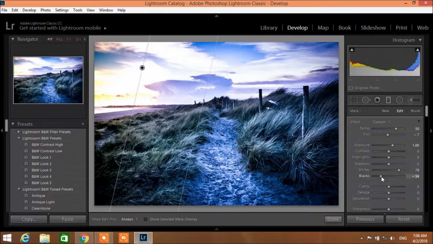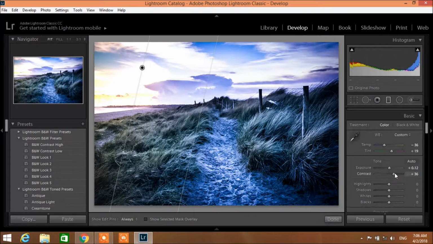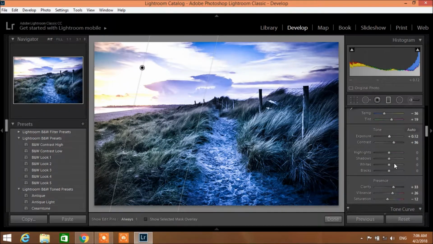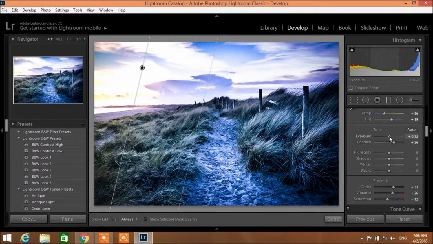Blacks. Look like the photo right here. A little bit of exposure. Okay, so now we're gonna use another tool,